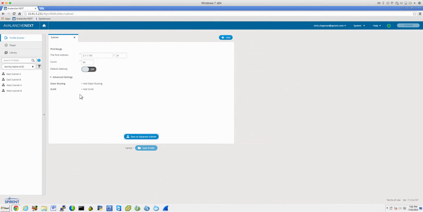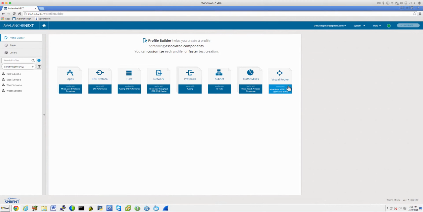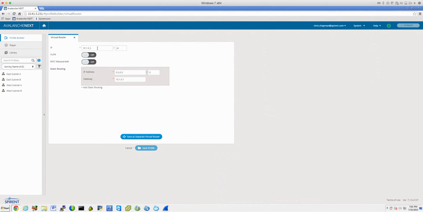So now if I go ahead and come over here to my virtual router, I'm going to create some front-ended routers. Now the client subnets here sit on what you can think of as the left-hand side of the router. This is configuring the right-hand side of the router. So this is the interface that's connected directly to the device under test. So in this case, I'm going to call this